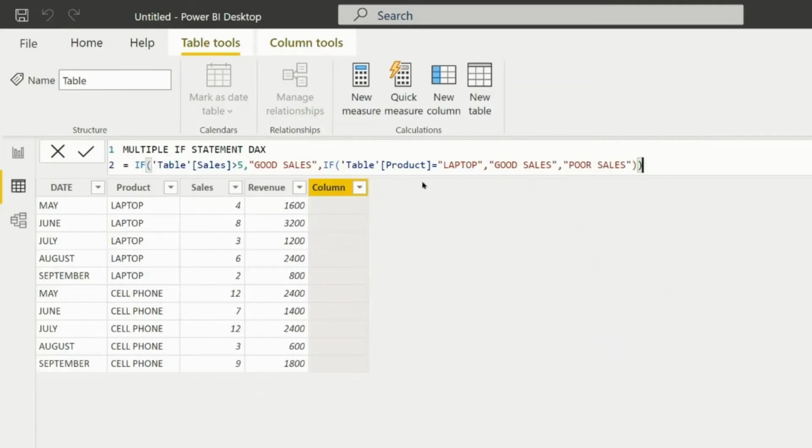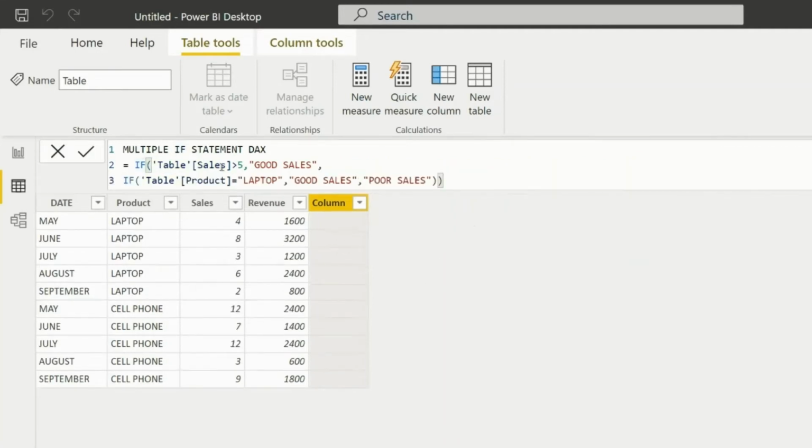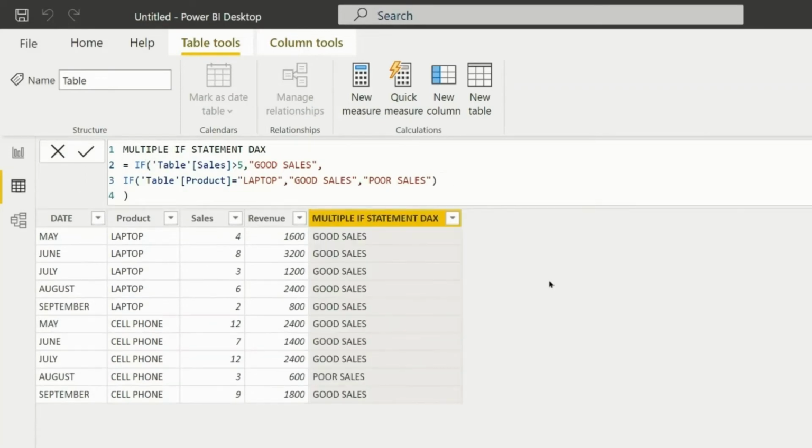We have now created a new column based on the conditions we entered using the two IF DAX statements. You can use multiple if statements, but if we want to